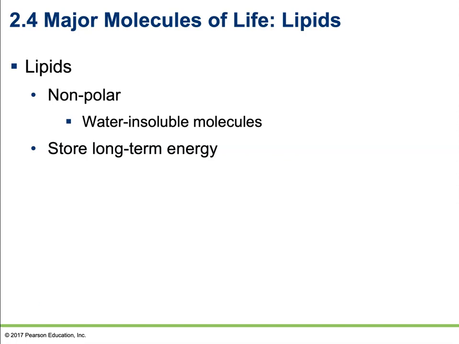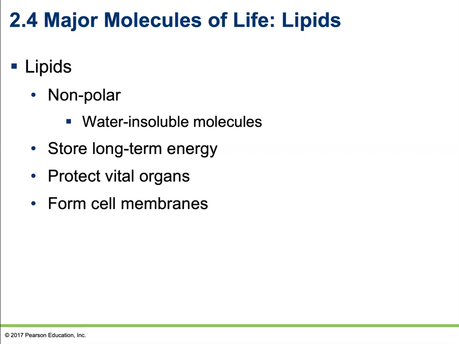Now, the interesting thing is lipids actually have a lot of functions, way beyond just long-term energy storage. They're also used in structural components. They are used to protect vital organs. They're used in heat retention and cell-to-cell communication. They're used for protection of various substances. They're used for insulating our nervous system. There's so many functions for lipids. They're very, very important. They make a vital component of the cellular membrane. So many purposes. But we're going to break them down and study them in 3 categories.